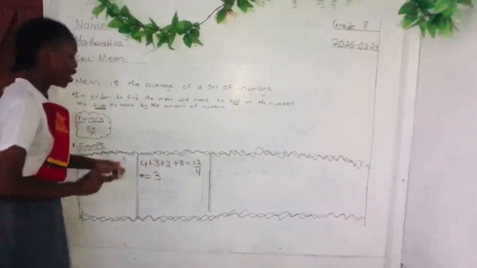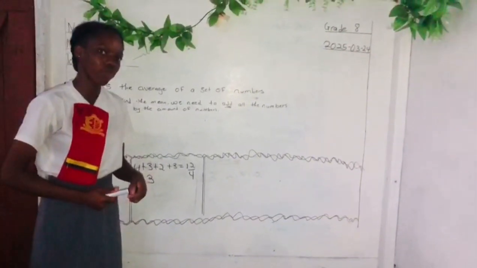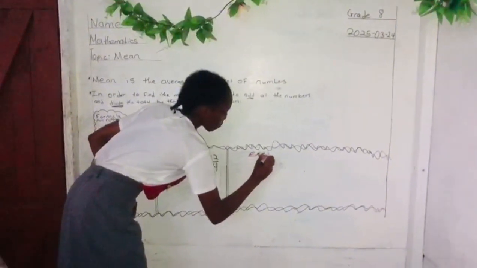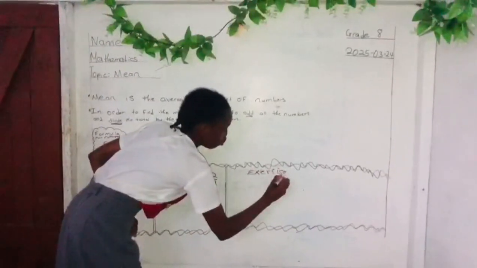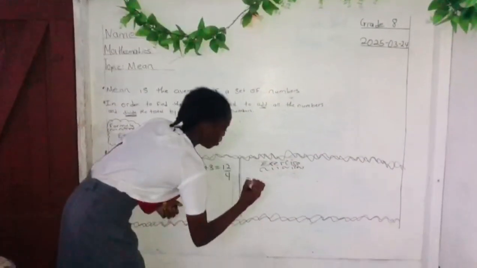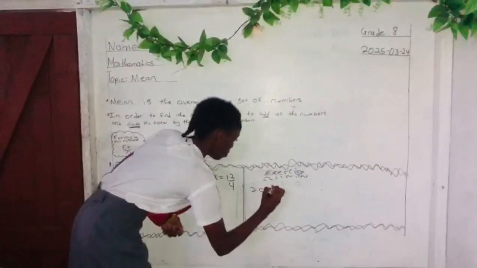Understand? Great. Any more questions? Awesome. So I have an exercise that I want you to do for me, and I'm going to put you into groups to get this completed within 3 minutes. So we're going to find the mean of these set of numbers